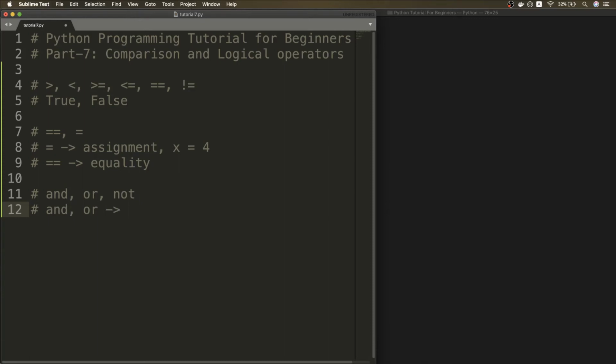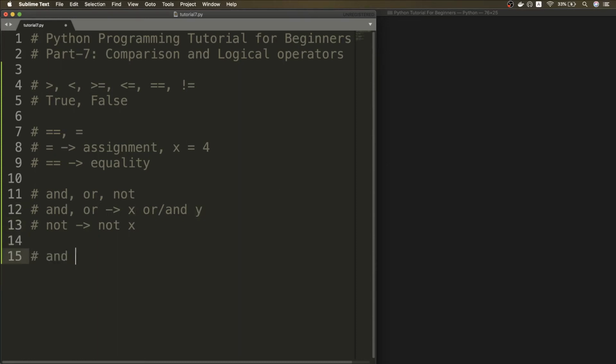So the syntax is something like X AND Y, or X OR Y, and for NOT it is simply not X. I will explain what these are. X and Y should be Boolean values. Every operator defines what its possible operands are. For plus, if we have integers as operands, it results in an addition operation. If we have strings, it results in a concatenation operation. But we cannot have a string and an int because it does not know how to operate on that. So for AND and OR, X and Y should be booleans.